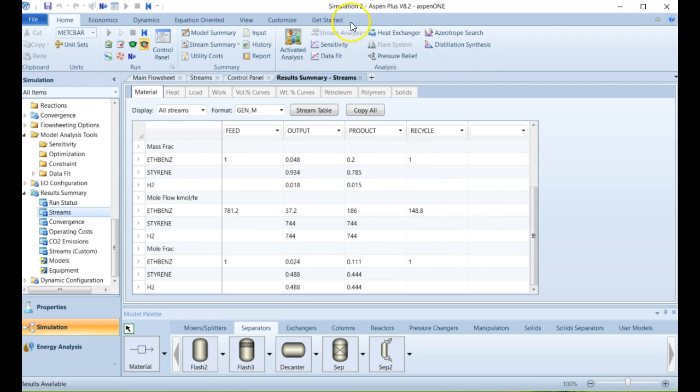So with all that said, this is where we're going to stop here. One of the things we can now do, though, is go back and run a sensitivity analysis on that split fraction. What happens if we vary the amount of material leaving the separator, going from, say, a split fraction of 20% to 10% to 1%? What happens to the cost or the heat duty in our system? How much more energy is required to achieve that conversion? What's that doing to our yields as well? And that's something we can do on